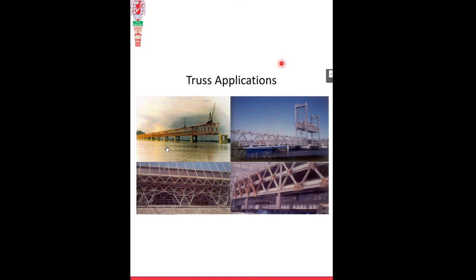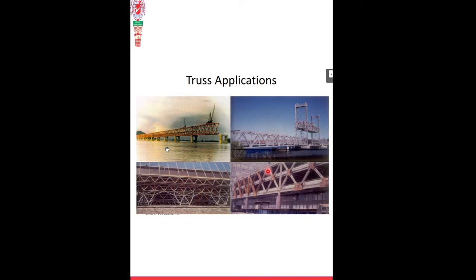Applications are like building groups, bridges, transmission towers, like this. Have you seen these bridges? These are all called trusses. You can see this is called a roof truss, and this is the bridge truss. You can see this is called a bar. These bars are placed either vertically, horizontally, or in any inclined position. So a number of bars together forming a structure is known as a truss.